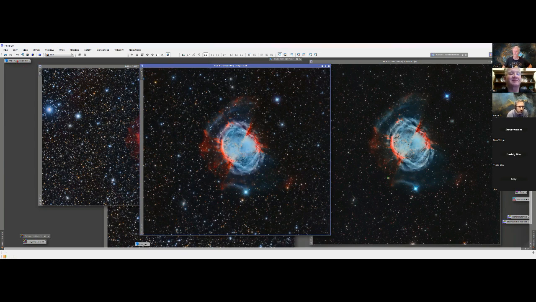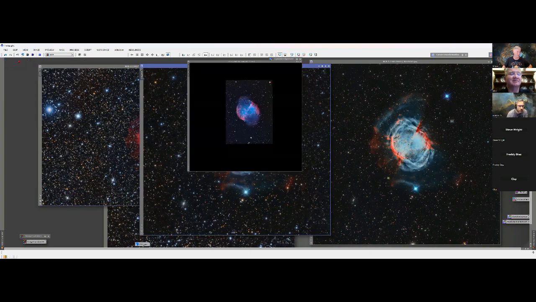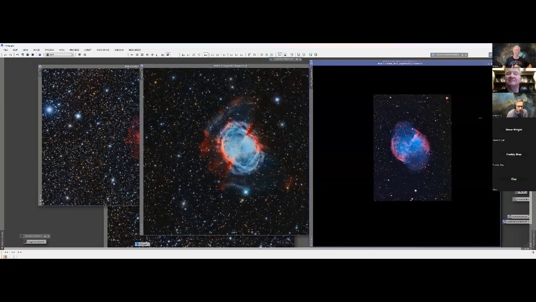One of my very first M27s, and lo and behold, it lined that one up too. Now it doesn't have nearly the size of the chip, but I could actually take that data and add it to it. And you can do it by blending, which is really cool. Or I think you have to have a minimum of 3 to use the image integration. You just add them without a rejection.